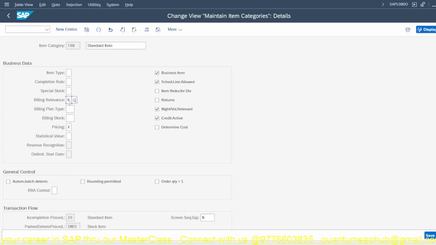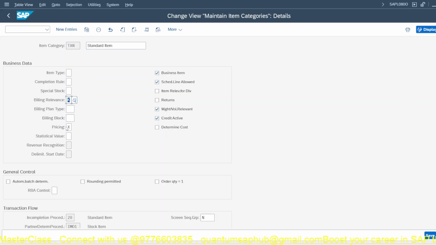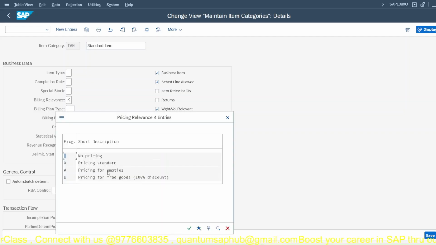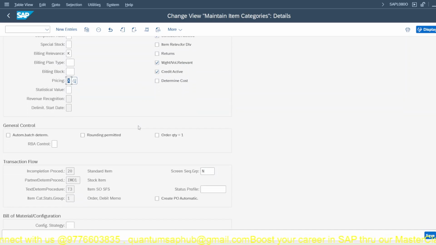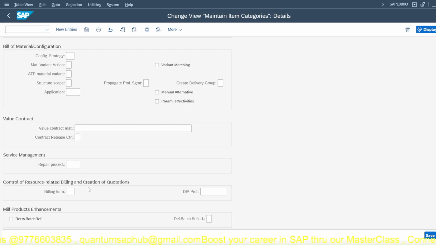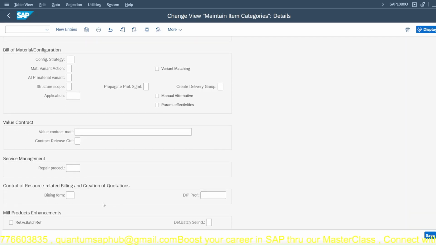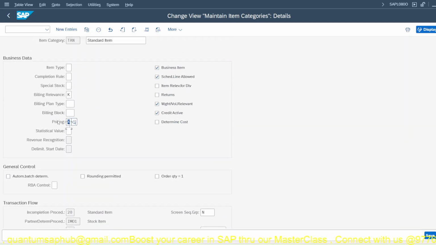Billing relevance is K. K means delivery related invoices for parcel quantity. Parcel quantity also it will allow. Pricing, standard pricing. And if you go to details, you can see these other things, it's not required. So this is all about